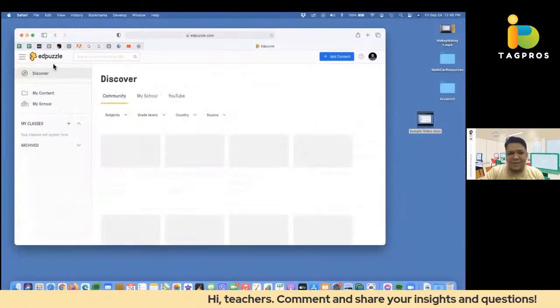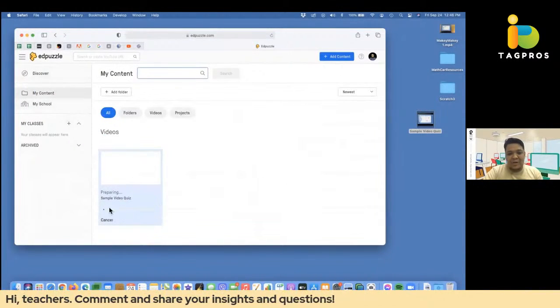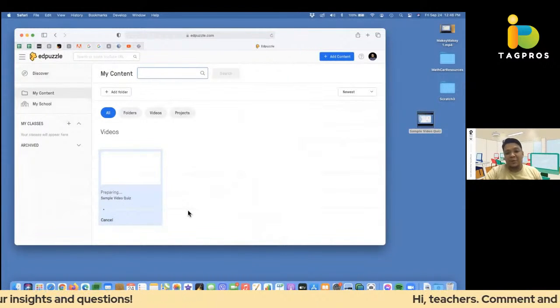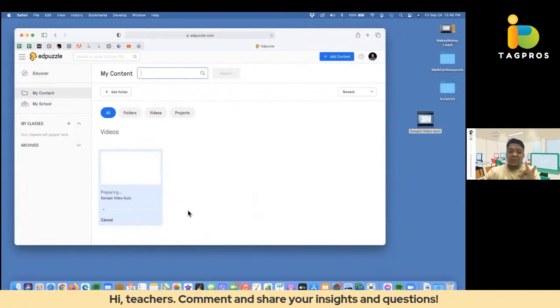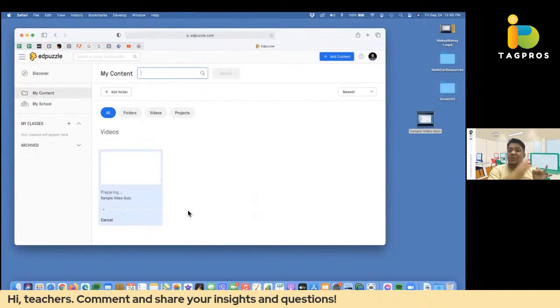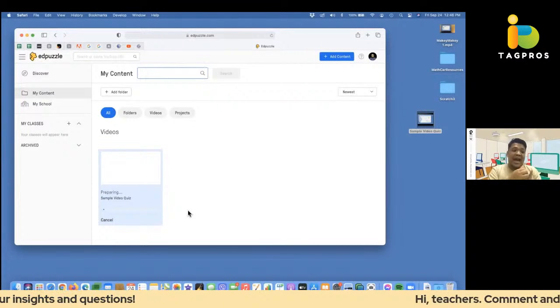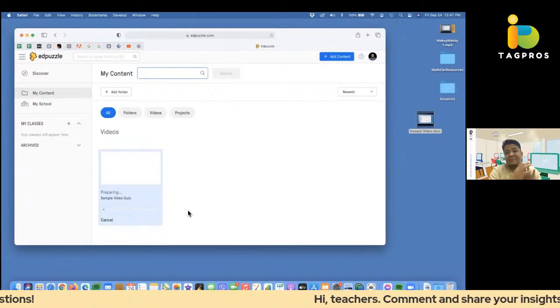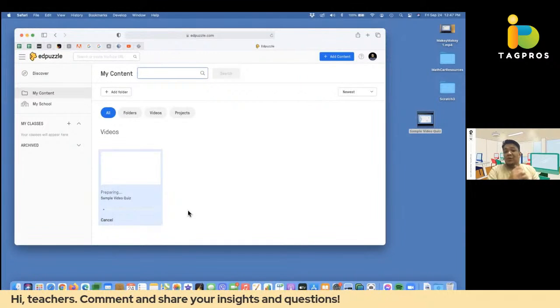Let me just check my content if it's already done uploading. Okay, it's not yet done uploading. But after you upload, what you can do to your projects is you can add voiceovers, you can add cuts. You can cut your video so that your students can only see the relevant parts. And you can add notes as well. Aside from questions, you can add notes so that it could also be an instructional video with notes so that your